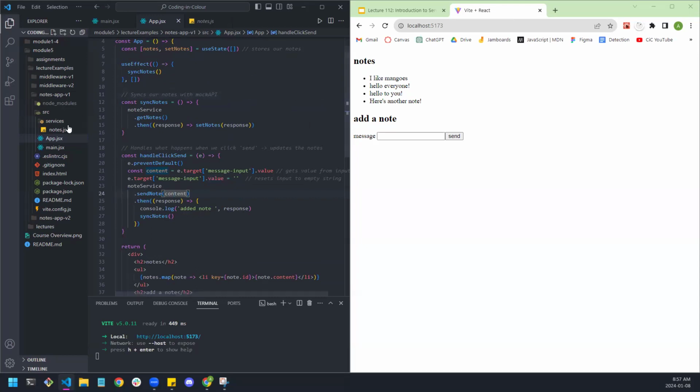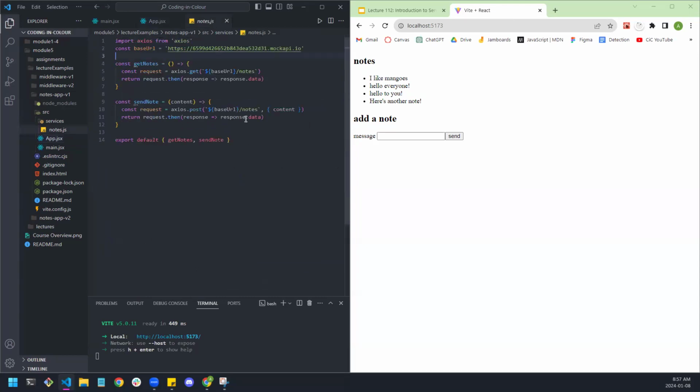Now, the Note Service comes from this file. And you can see here, that's the address of the mockAPI. So when I send the GET request, it's that address /notes. I do the send, it's this address slash notes, and we can actually see here, oops,